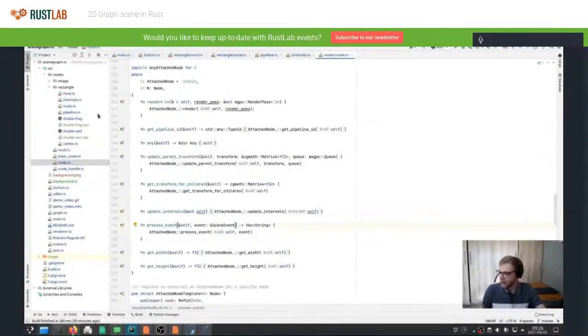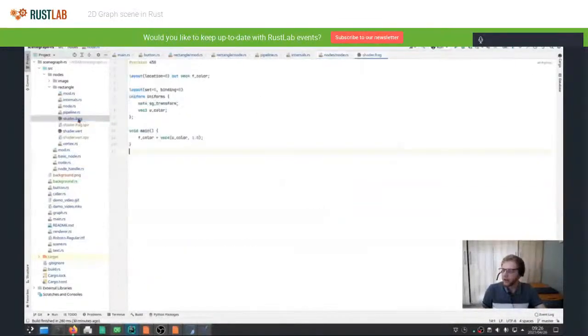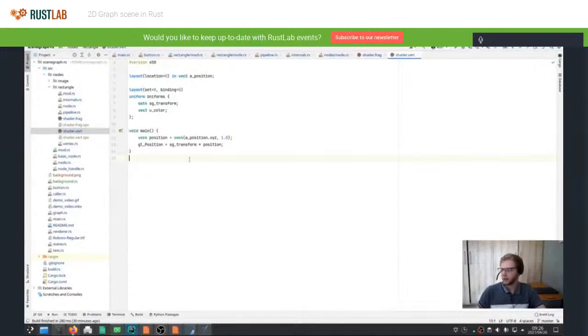Let's first look at the vertex shader for the rectangle. If you recall the vertex shader I showed you earlier for the Qt Quick rectangle, this actually looks quite similar. As you'll see, the final position is basically just the scene graph transform multiplied with the vertex position.